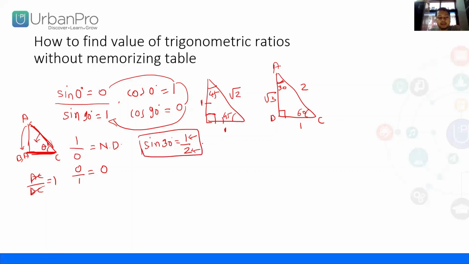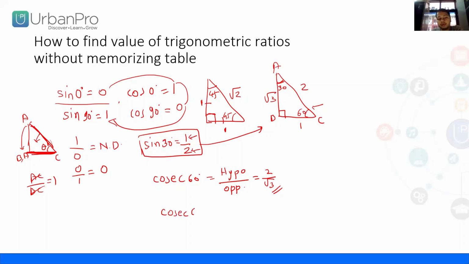So here is one trick. You have to memorize this sine 30. With the help of sine 30 you can give the values to this triangle. If you draw 30 degrees here, then your 1 will be on this side. AB will be your 1, because opposite of 30 should always be 1. Now you can find any ratio. Suppose I want to find cosec 60. So what is the formula for cosec? Hypotenuse upon opposite. What is hypotenuse here? 2. And what is opposite of 60? Root 3. So it is 2 by root 3.